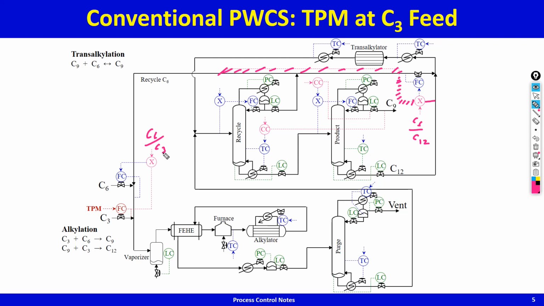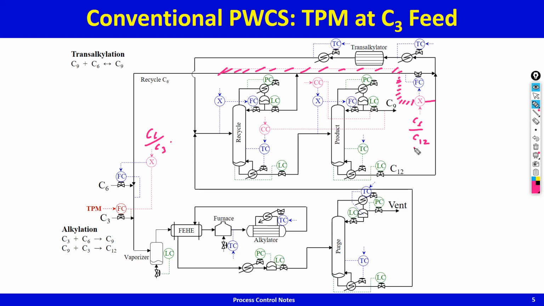Okay, and you see, if this is set too low, then too much C12 will get generated. If too much C12 gets generated, you will have to recycle much more to recycle the C12 to extinction, and if you are recycling more C12, then the amount of benzene that you have to put will also have to be more. So there is a balance between this set point and that set point, which is going to set how much benzene recirculates in the transalkylation loop. So there is an optimum there. What is that optimum? An unconstrained optimum.